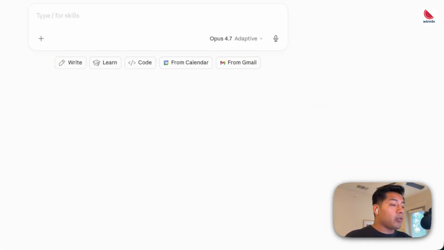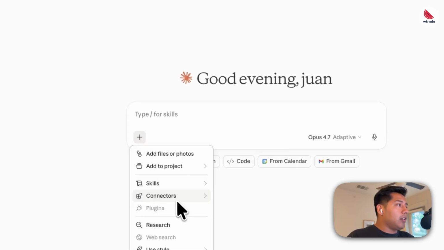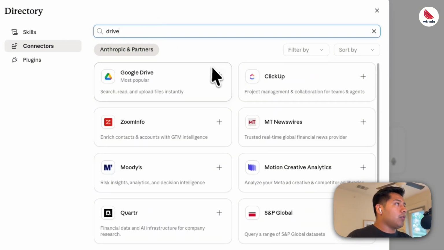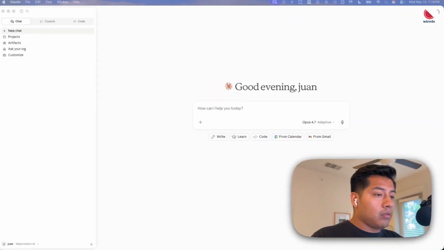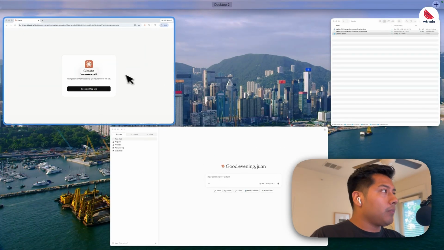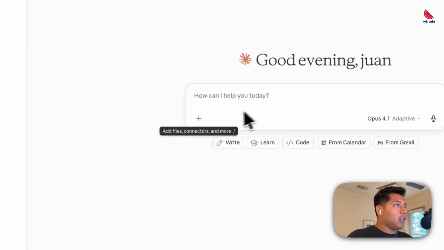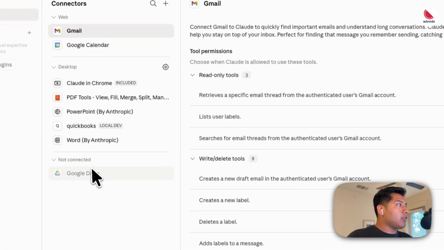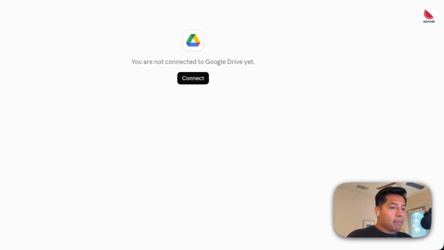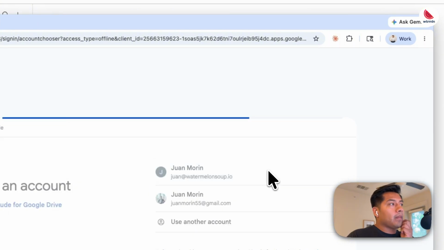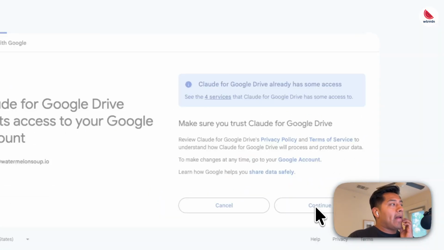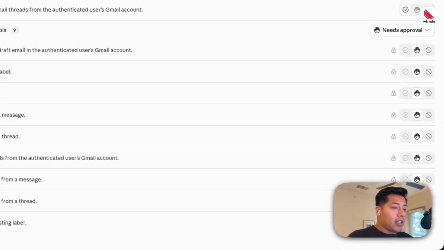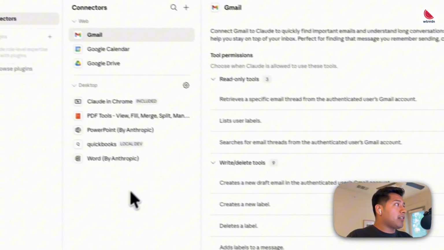So, if you're on Google Drive, we can connect that too. This will help Claude understand more about your business again. So, Google Drive. Let's see here. Go to connectors, manage connectors here. Same setup. Yeah. Continue. Open Claude again. And then, of course, if you're on QuickBooks, you can go ahead and do that now as